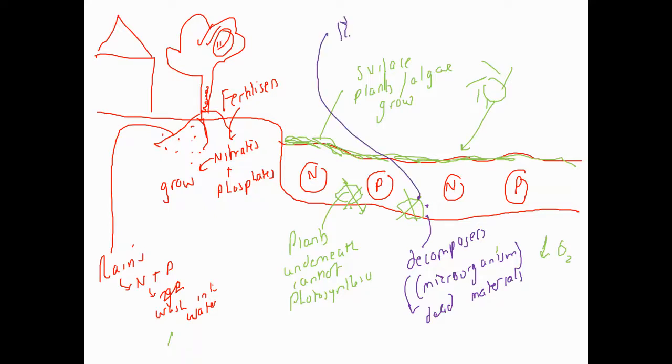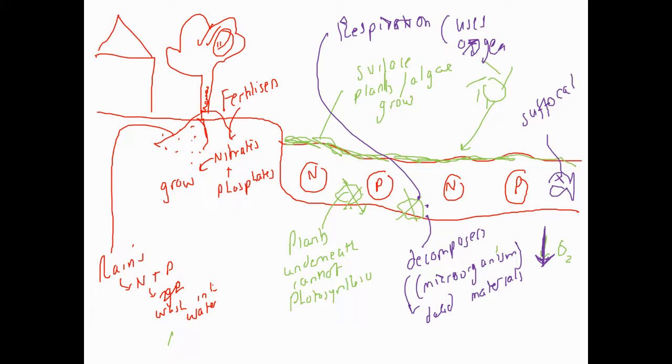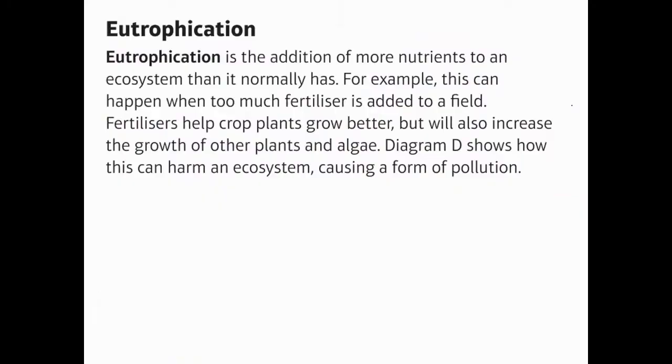Now, boys and girls, when these bugs and these microorganisms are eating the dead material, they are taking part in a process called respiration, which requires oxygen. They use oxygen. It's pretty much like breathing, but it's not the same. So be careful. When you're a bit older, you understand that. It uses oxygen. That means the oxygen levels are really, really low now. Fish comes along, boys and girls, dies, because the fish now suffocate. And the reason they suffocate is because of the lack of oxygen. It's called eutrophication. So should we go back to the other stuff?